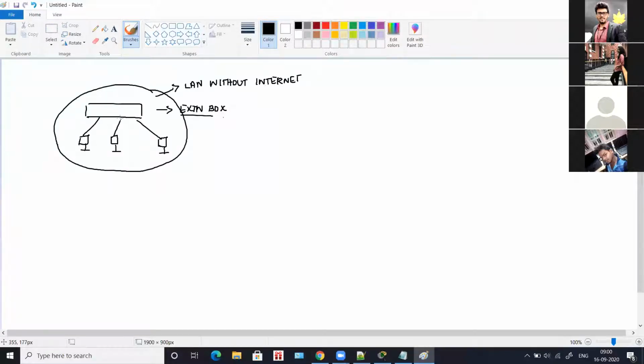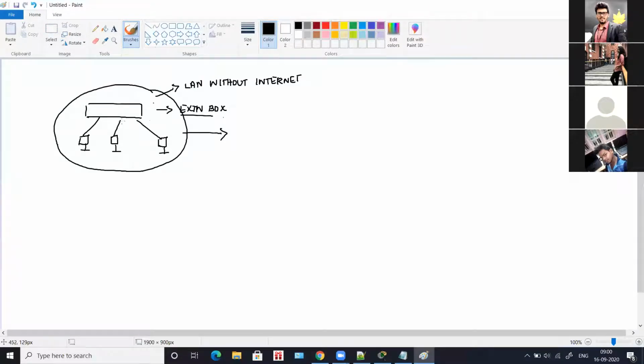A switch is a device which connects many computers, and this is used only in companies because we don't use it for home. With one or two computers, you will not need a switch. A switch comes into the picture only when there are many computers and you want them all to be in a single network so that they can communicate with each other.